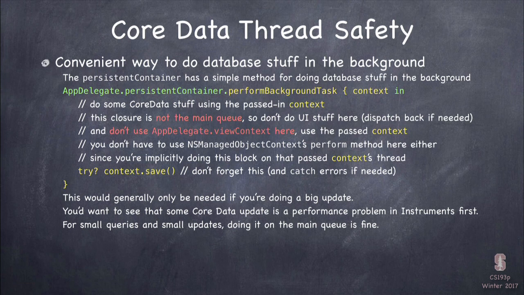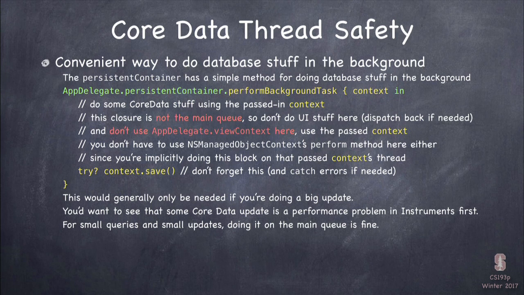Okay? The second thing is, don't forget to save this context. If you do a whole bunch of stuff in here and you don't save, you just did it for nothing, because you did it in memory, and then this block went away. You're never going to get that context back again. That data is lost. It's just all going to leave the heap, and nothing ever happens. Never going to get committed to the database. So don't forget to save before you leave.